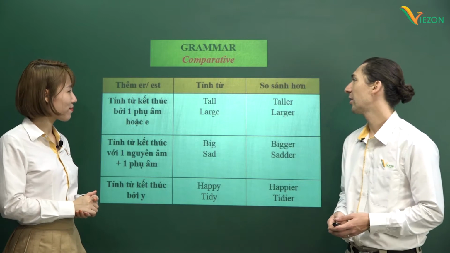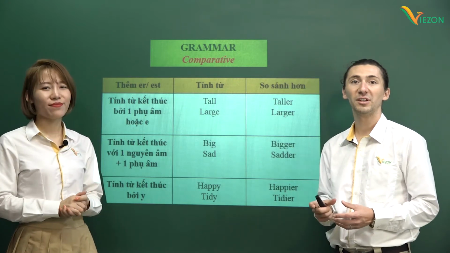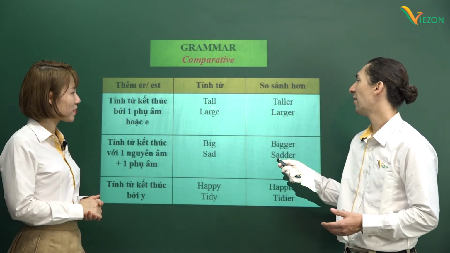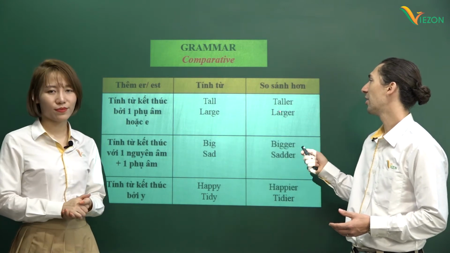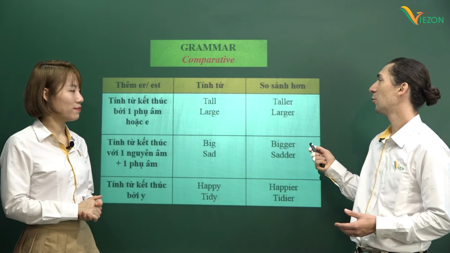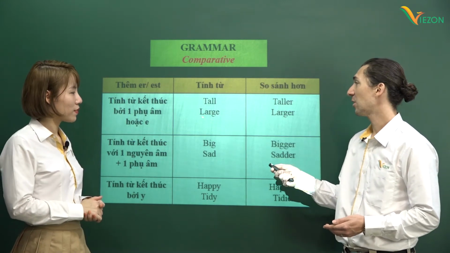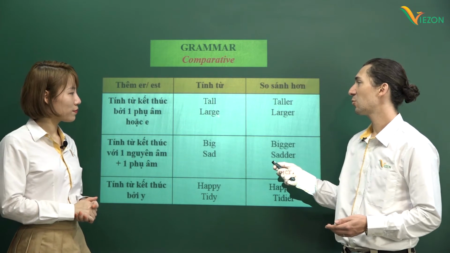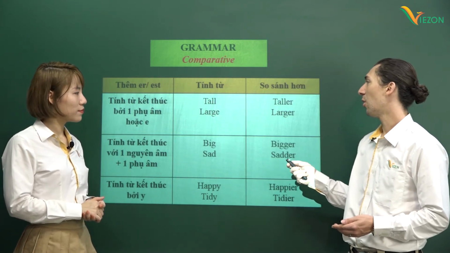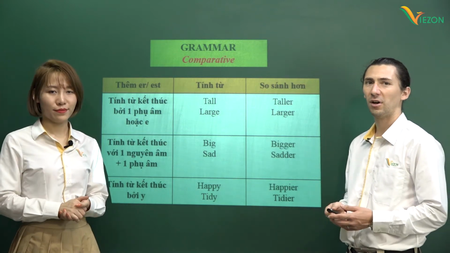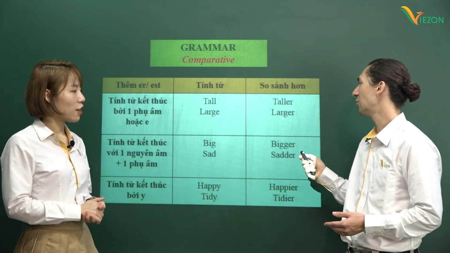So now we have a table here that lists some of the rules using the short form. All right, so let's look at some of the examples. The first one we have is tall. So the comparative form, we say taller. We just add the e and the r at the end. But the next word we have large. And we see this one already has an e at the end. So all we have to add is the extra r, not an extra er. All right, so we have large, larger.